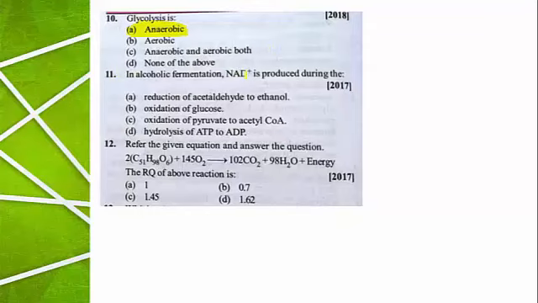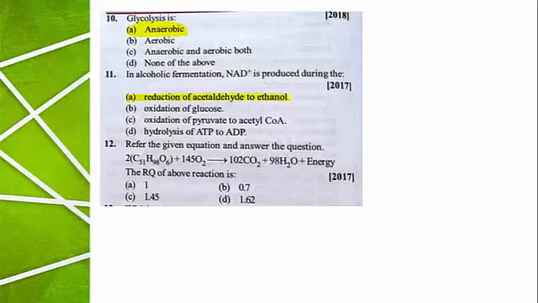In alcoholic fermentation, NAD plus is reduced, where exactly is the NAD molecule reduced? During alcoholic fermentation, one molecule of carbon dioxide is released from the pyruvate. Pyruvate is converted into a 2-carbon compound called acetaldehyde, and that acetaldehyde combines with NADH and is reduced to ethanol. So the right answer for this one is option A.